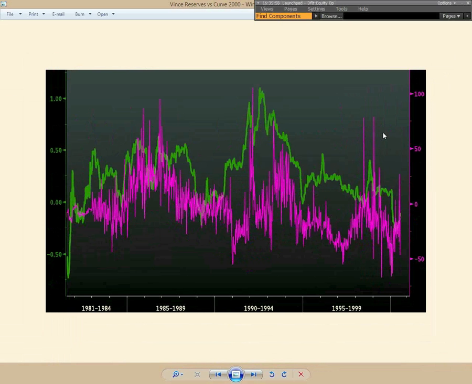But back then, Greenspan, and Kevin could speak more to this, but Greenspan controlled the reserve growth more with the Fed funds rate. Am I right about that, Kevin? Right. And the key difference, and the uniqueness of the spread in the first chart, Vince, that you and I have talked about, is that you now have a Fed that pays interest on excess reserves.